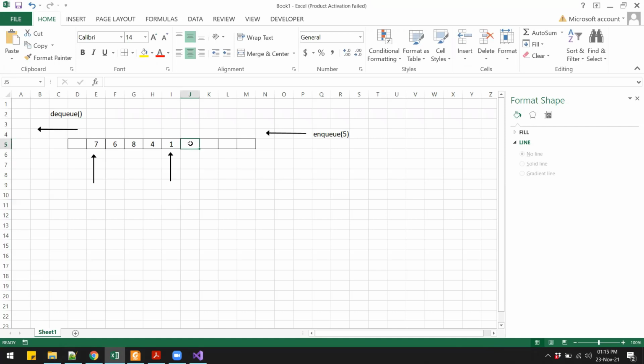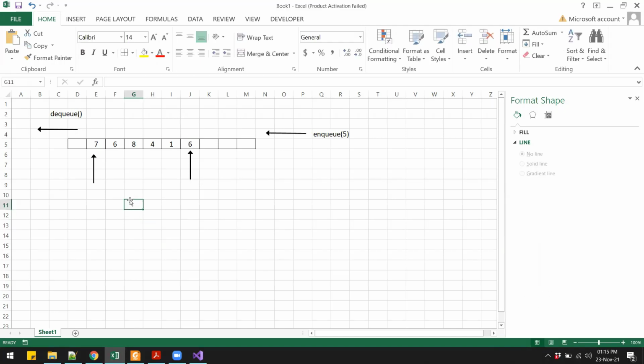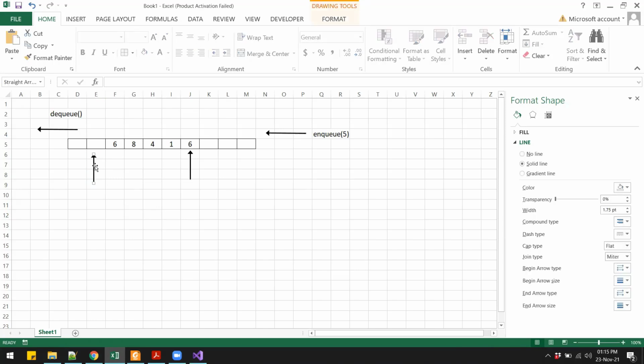Let's say I put 6 onto the queue, then the rear pointer will shift to the end of the queue. Right now the rear pointer is pointing at 6 because 6 is the last element in the queue. Likewise, if I dequeue from the queue, then this 7 will be removed and the front pointer will shift to 6.